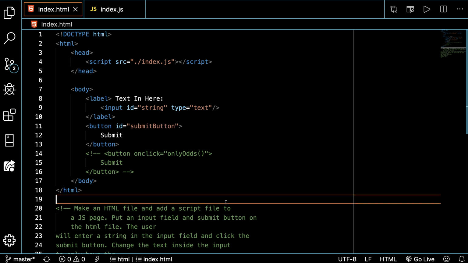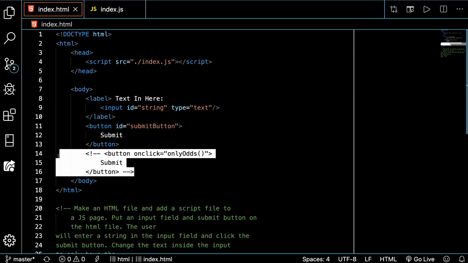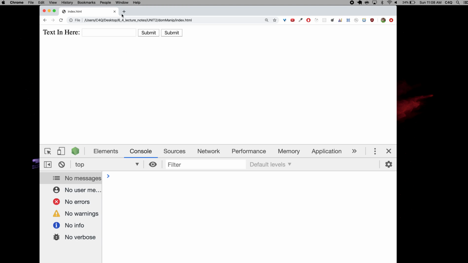Right, so HTML is not doing too much, just an input and a button. But we do have another button also that's being commented out that allowed us to do that on click earlier. Right, I can comment it back in. Then we'll just have two buttons. Right, but they'll both do the exact same thing. Just look silly. Okay, so I think that's all of like the